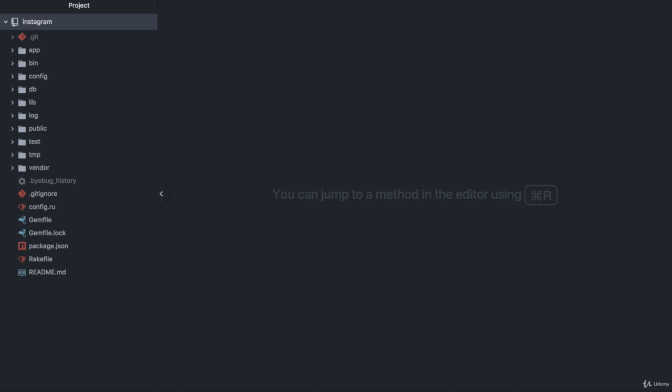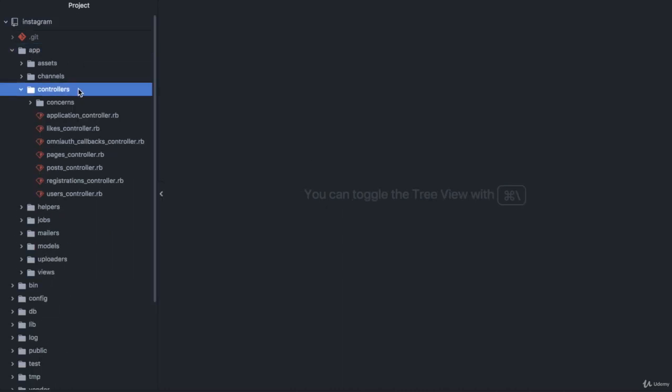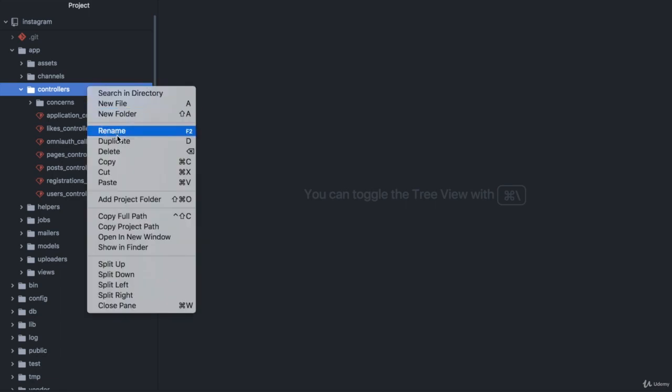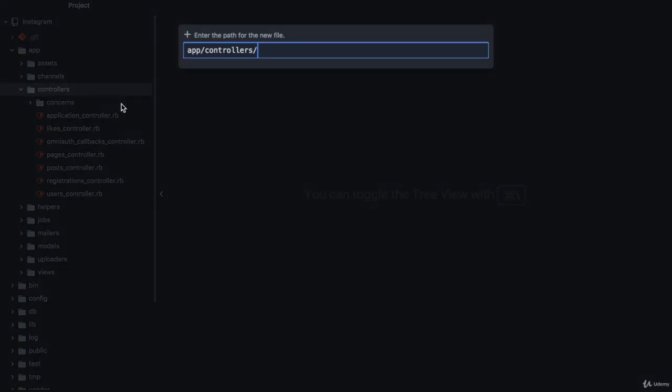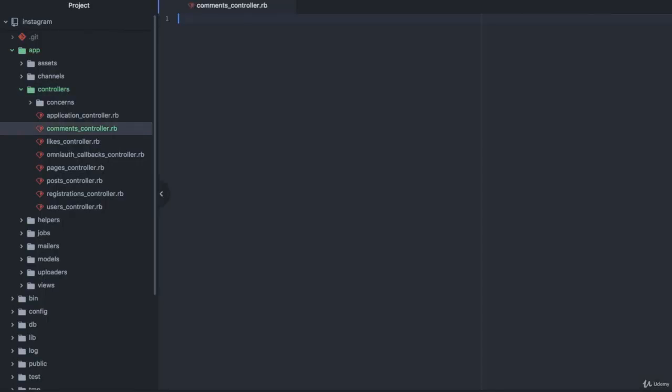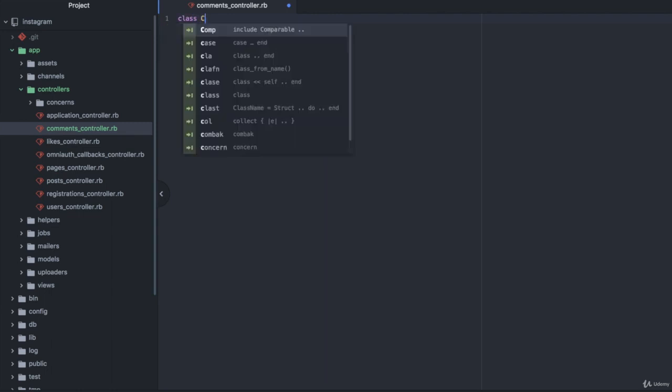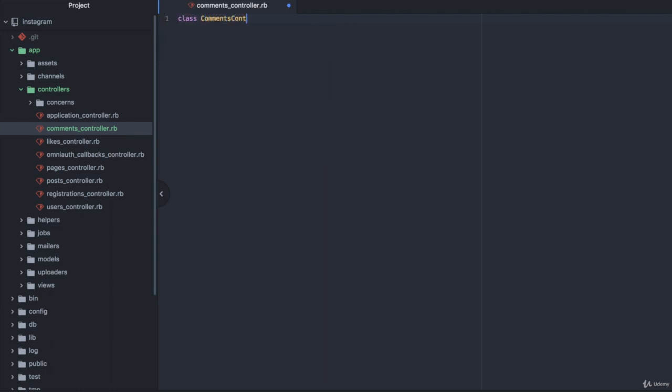Hi everyone, in this video we'll create a controller for comment features. Right, so open app, controller, and let's create a new file. Here we have comments_controller.rb, and let's type in class CommentsController